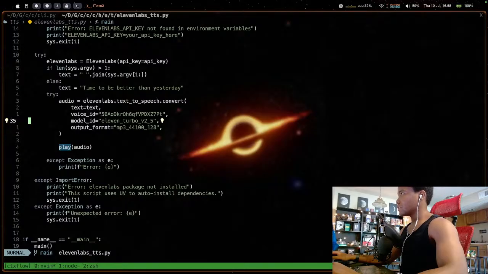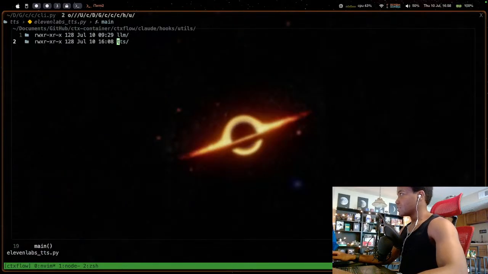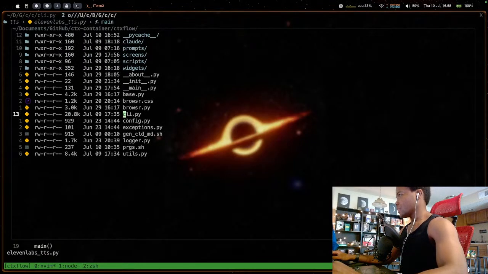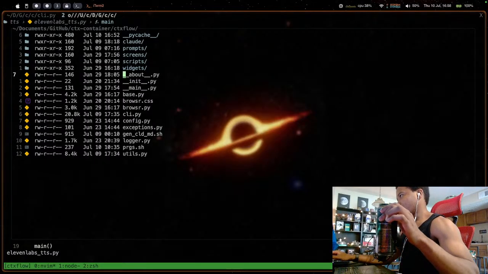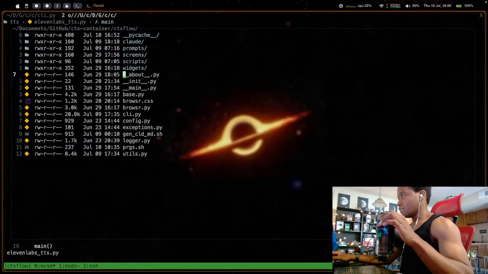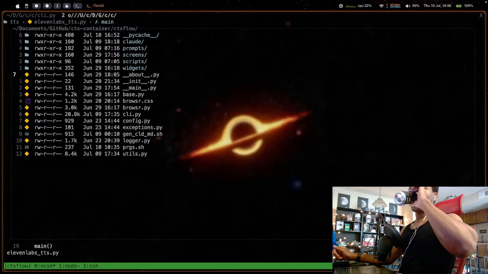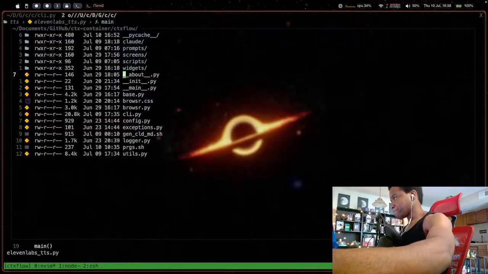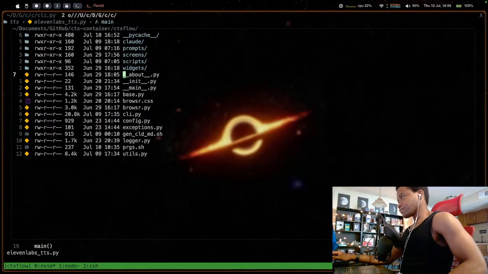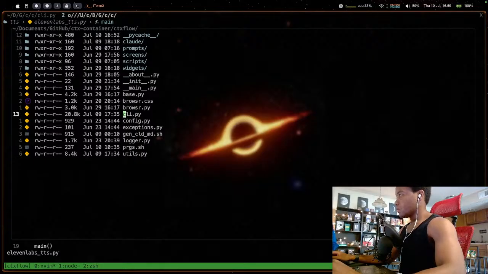Honestly, I might just create the C. I don't know how I want to do the structure of this. I'm actually not too sure. It's kind of how I got stuff laid out right now. Because again, I did fork another repository, and anywhere you see browser is in the widgets folder and the screens folder, and the browser stuff is all from a different repository that I forked, but everything else is what I added on top. And I haven't really done anything with that, but we'll get to it.